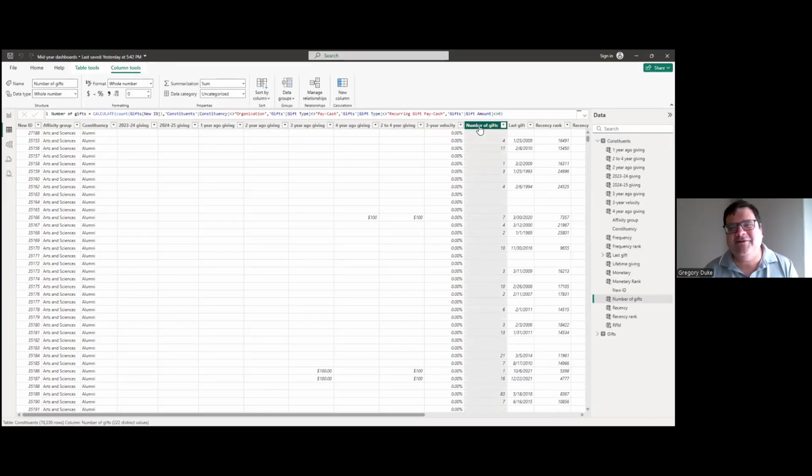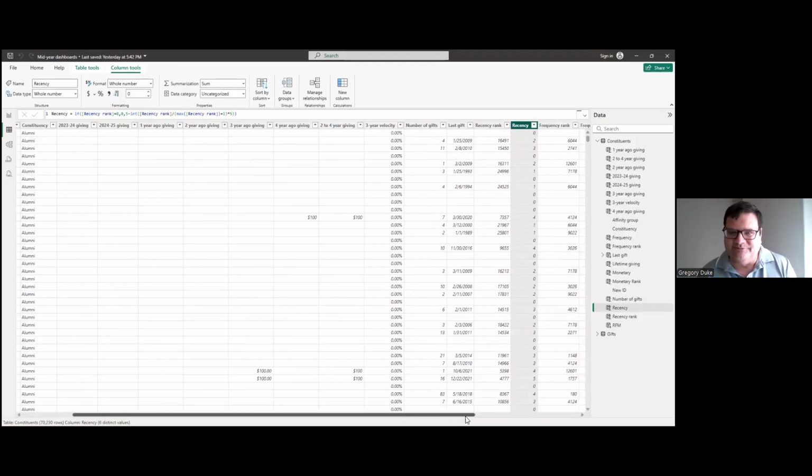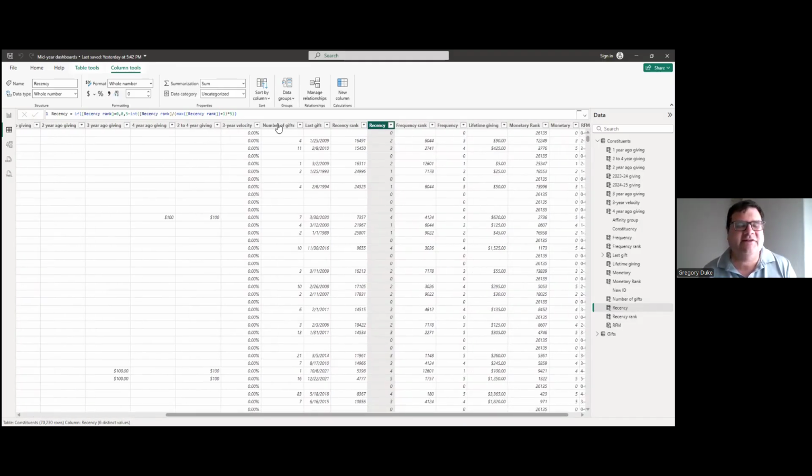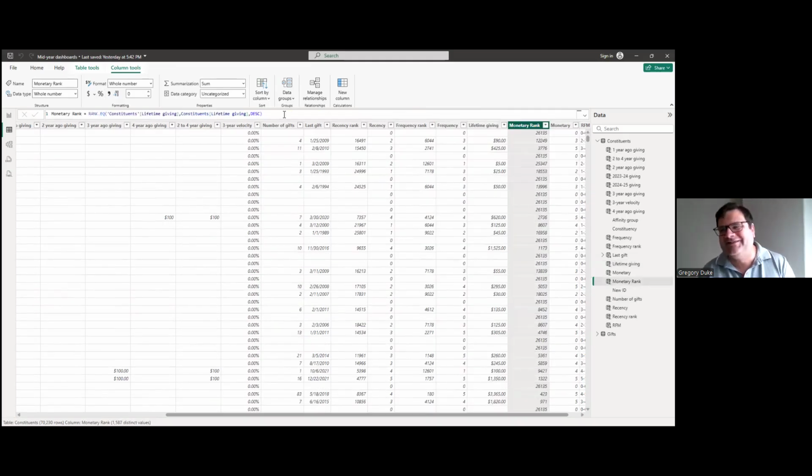You have Power BI calculate the number of gifts in DAX, and then do a recency rank using RANK.EQ. Then you convert that into a score of 5. You also do similar with number of gifts for frequency and lifetime giving for monetary. If you're really interested in doing this in DAX, I'm happy to send you these calculations because I don't want the work I did a year ago when we put together the class in Power BI to go to waste.